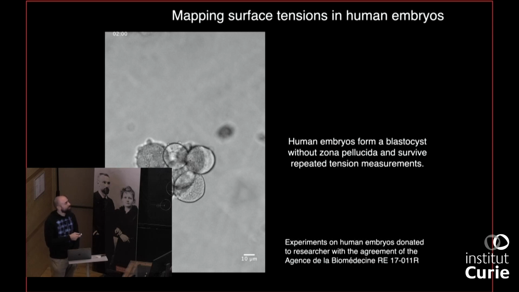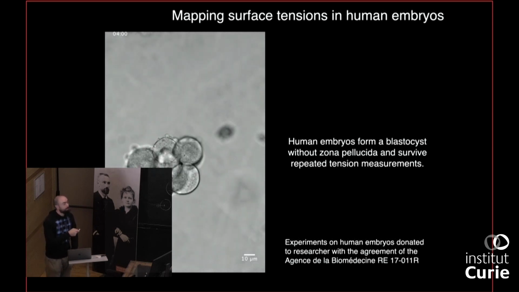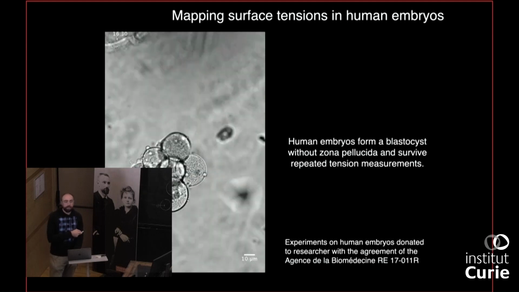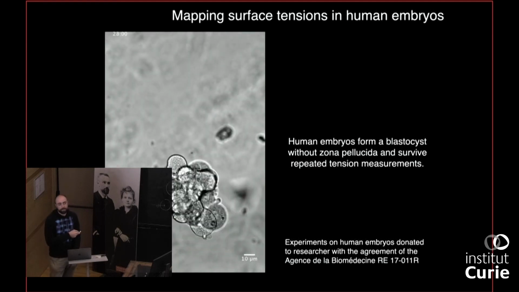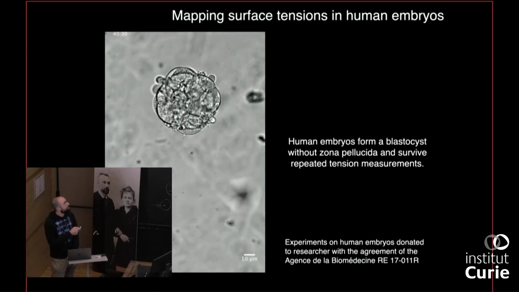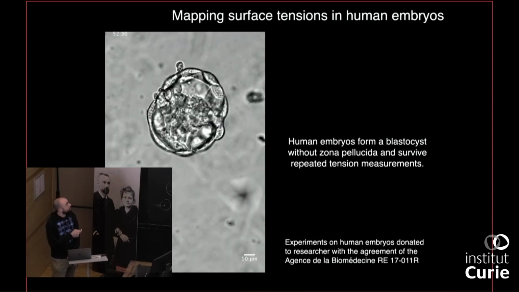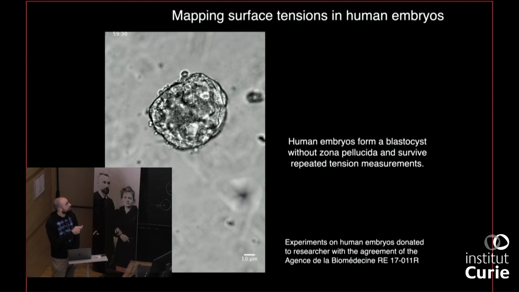Okay? So we consider the embryos which make it. And by making it, I mean that those embryos that we consider are those which divide normally, compact normally, and then form a blastocyst. And there we stop. And so here you see developing under the microscope, it forms a lumen. And here you go, you have a blastocyst with an inner cell mass, if you can see it. And so this is one of the criteria that we use, right? We look at them, we consider them in the analysis when they have made a blastocyst. Doesn't mean that they are healthy, but that's our standard. Okay?